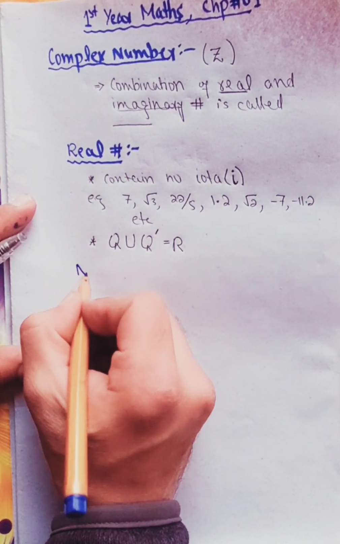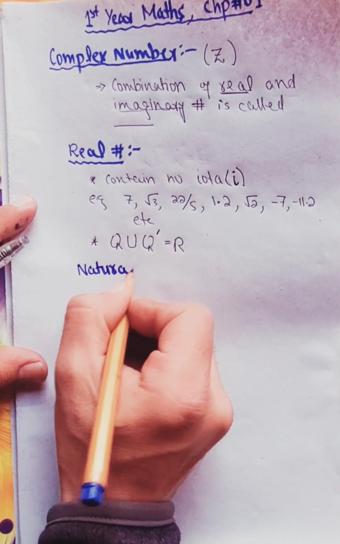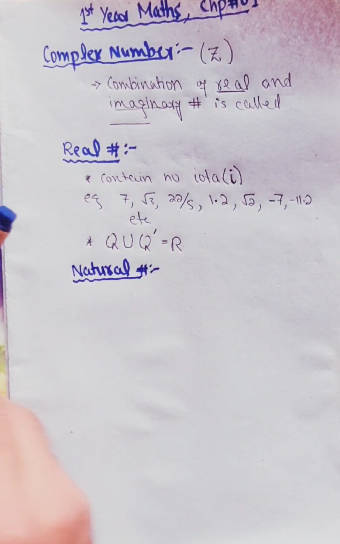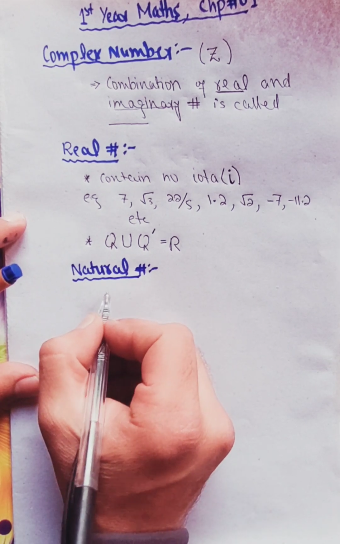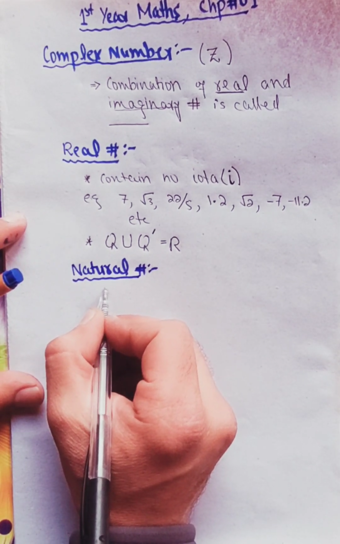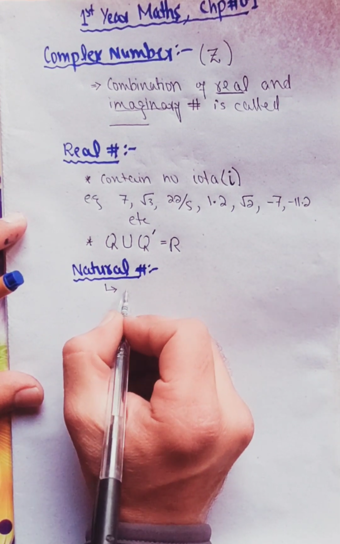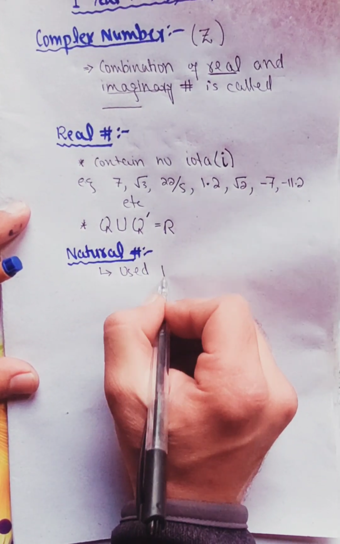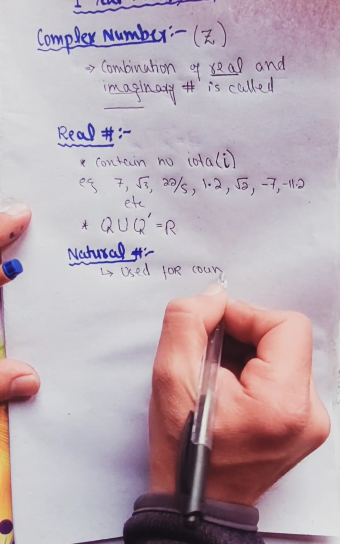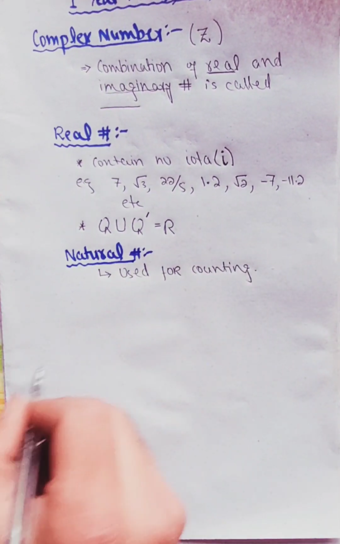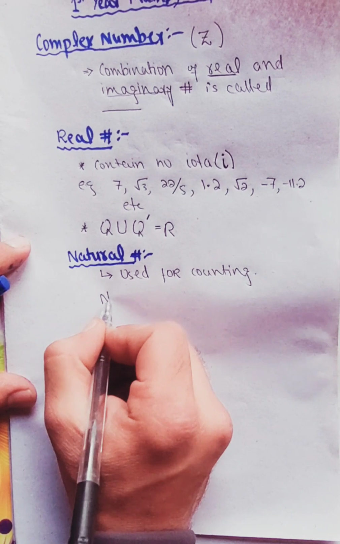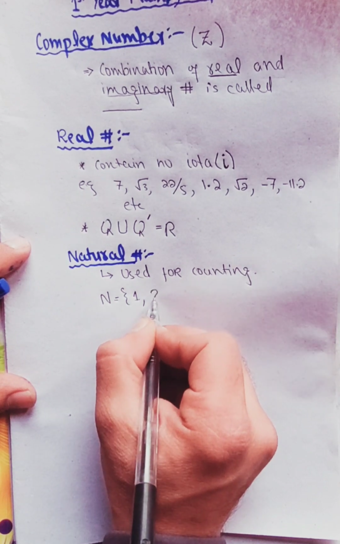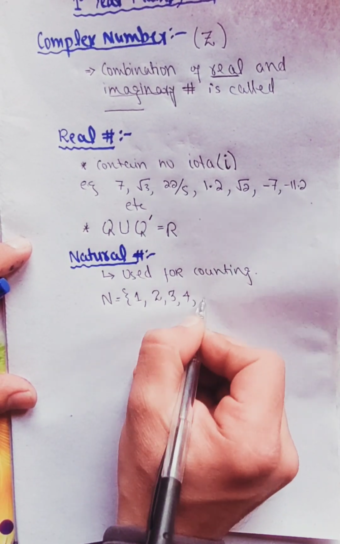So let me start from the very beginning, that is from the natural number. So what is the natural number? Natural numbers are those numbers which are used for counting. वो नंबर जो काउंटिंग के लिए इस्तेमाल होते हैं, उसको नेचुरल नंबर कहते हैं. काउंटिंग के लिए हम नेचुरल नंबर इस्तेमाल करते हैं. Natural number is denoted by N, and the natural number set starts from 1, 2, 3, 4 and so on